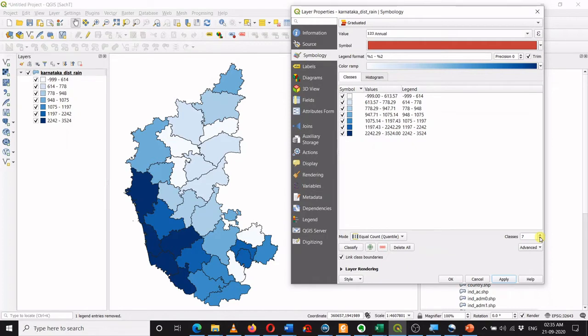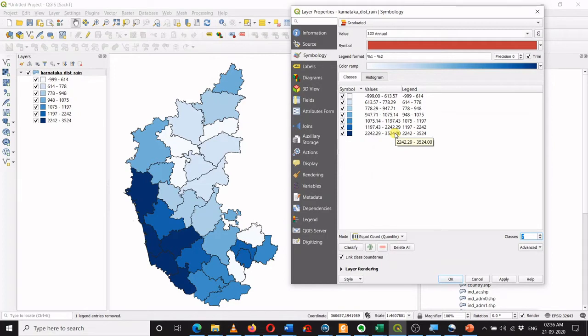It's up to you how many classes you want. So this is the equal count method which is being used for determining the boundaries of the classes. The first class is from -99 to 613, then 613 to 778, and so on. The maximum value is 3524 mm.